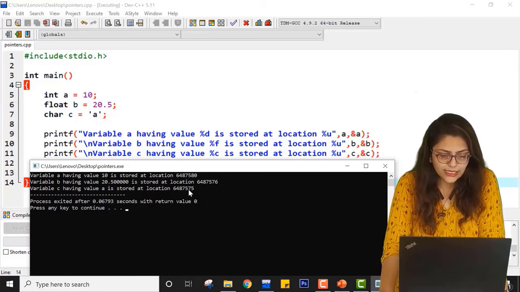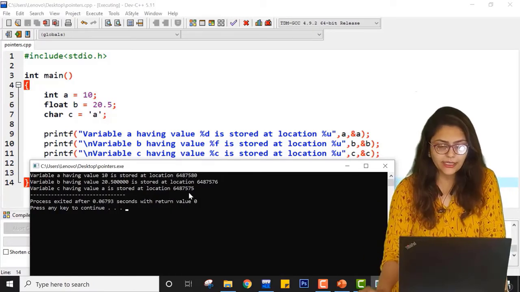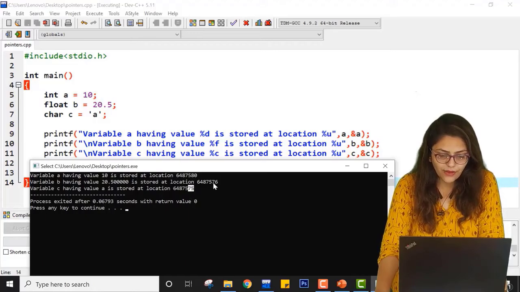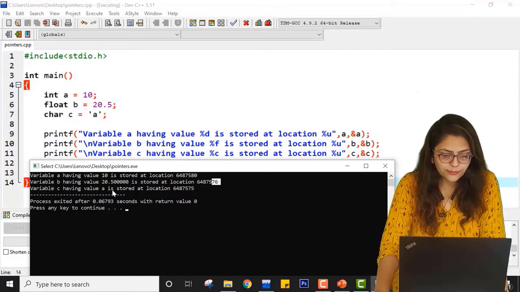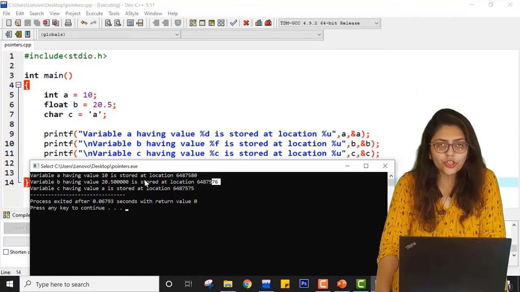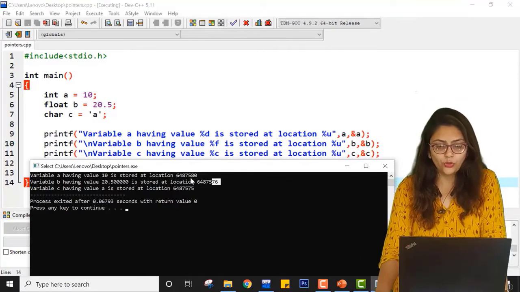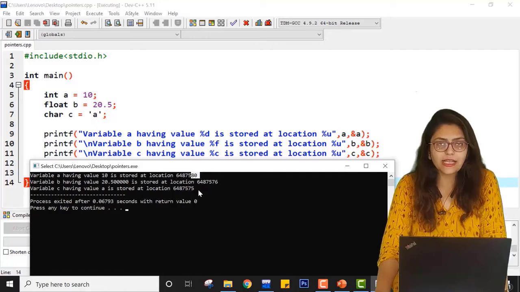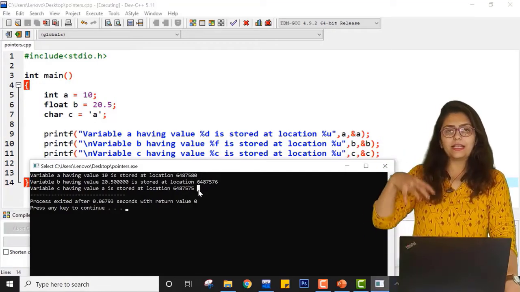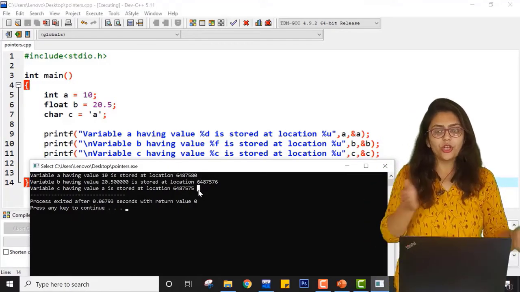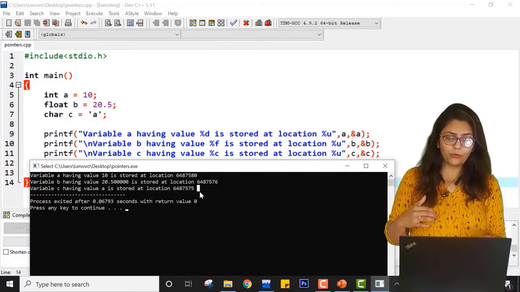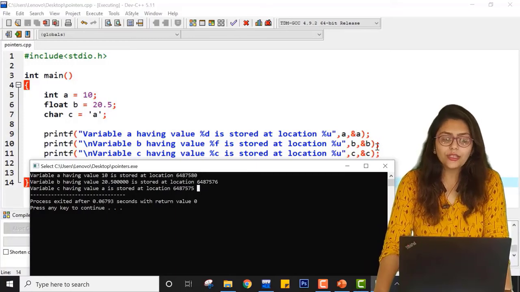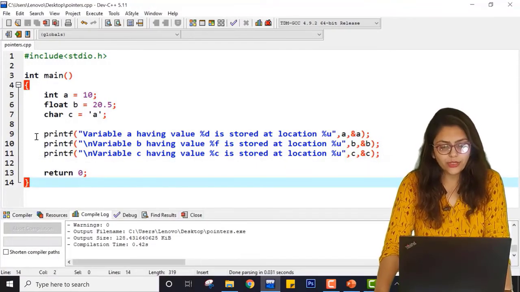You can see that c is taking 1 byte, that's why after this 75, I am assigned a value at 76. Now this b is a float variable which takes 4 bytes, so after 4 bytes I am assigned some value. So I have been assigned contiguous memory locations. We have memory blocks and I have assigned contiguous memory locations. You can see this, right? So this is how you can deal with addresses.